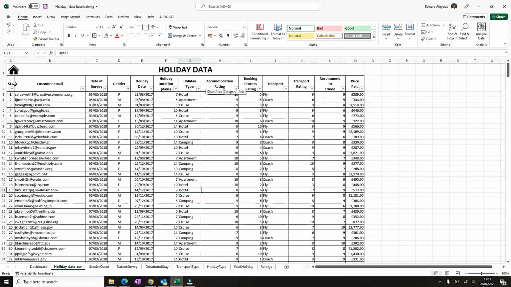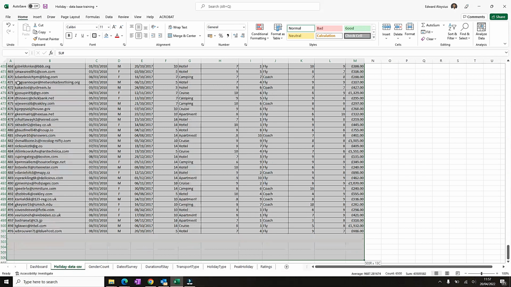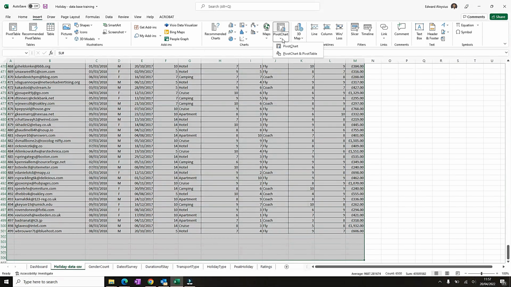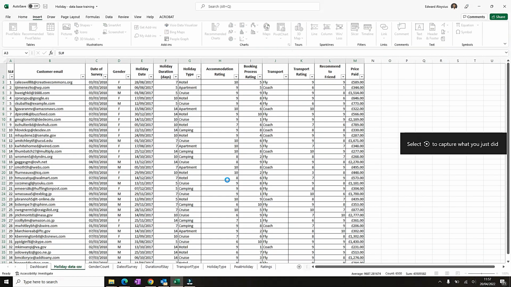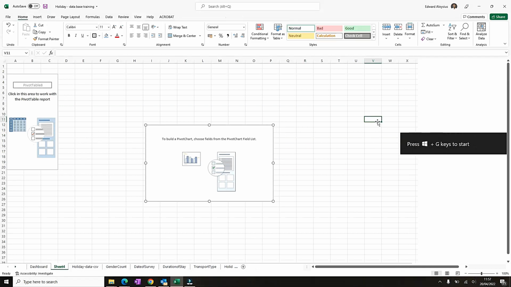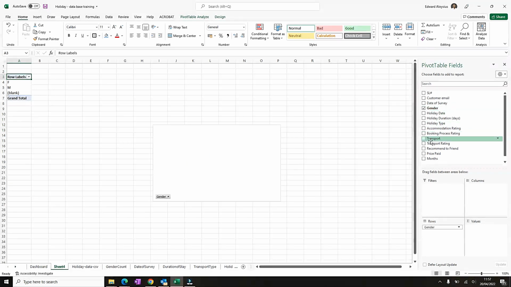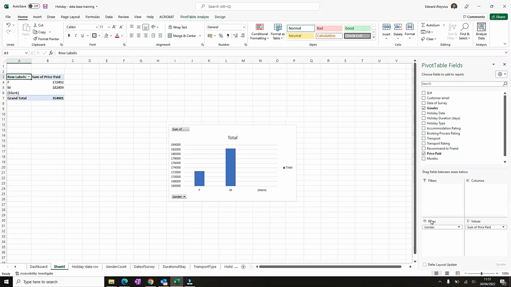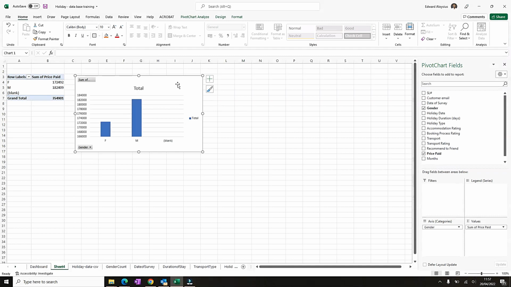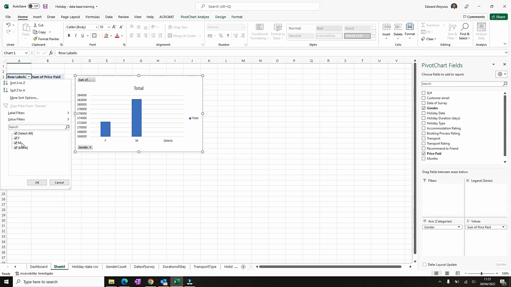Okay, let's go to the main database, select the database, insert. As you can see, Pivot Chart is a really wonderful tool to create data analysis and so on. Okay. So now first we need the total payment made, gender-wise, price paid. So this is actually the amount paid by both male and female. I think this is good enough. So let's just take out the blank,